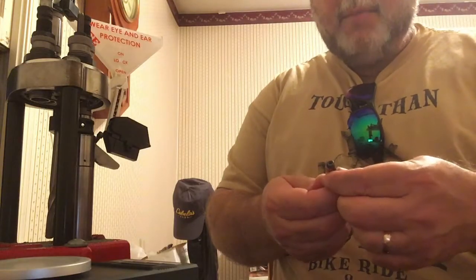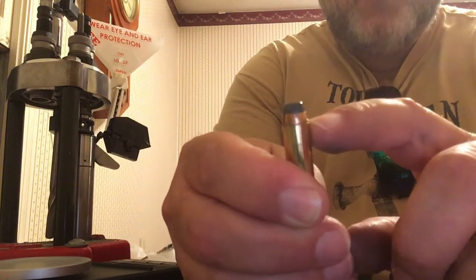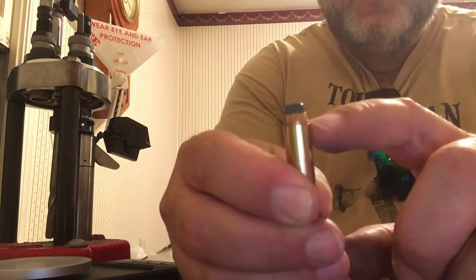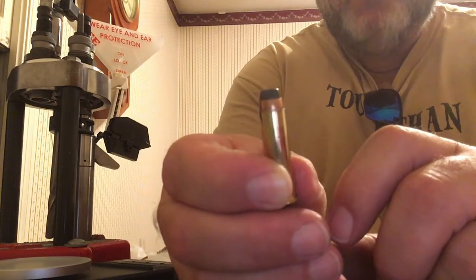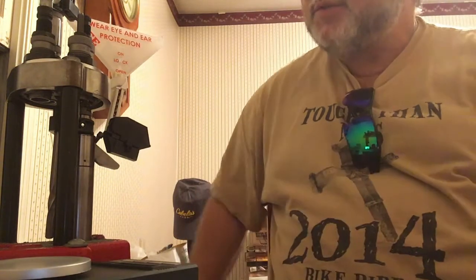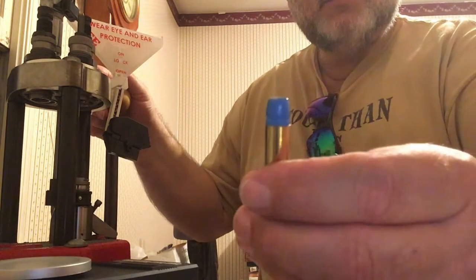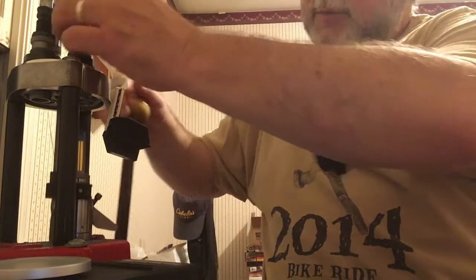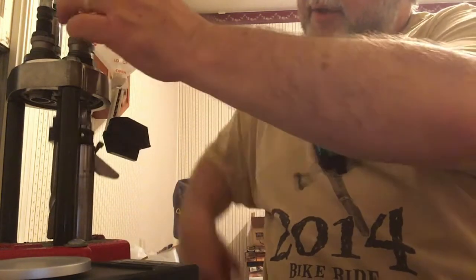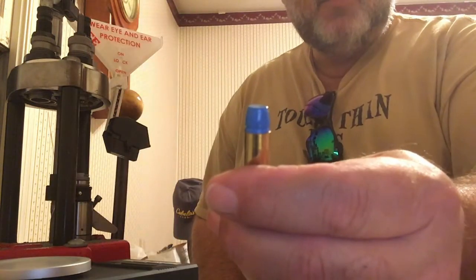As it was calling for the same length, and you can look at that and tell that it's not that long, but we're still not quite to the middle of our cantilever right there. So, I think since we don't have this exact bullet, we need to go by where Winchester put the cantilever. So I don't imagine those people at Winchester are too ignorant. And you can see we're still a good bit out from that. So let's crank this down a little bit more. When you're seating these bullets, you just got to sneak up on it, y'all. Still not at the crimp groove,